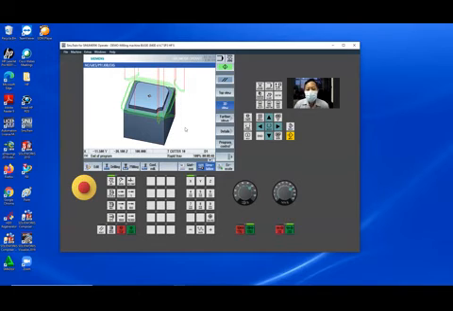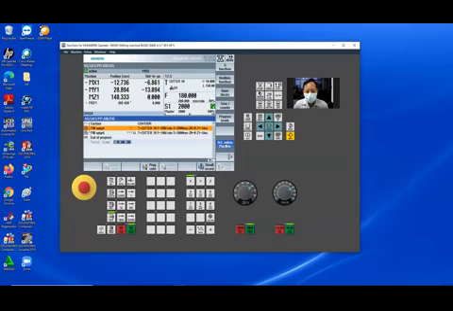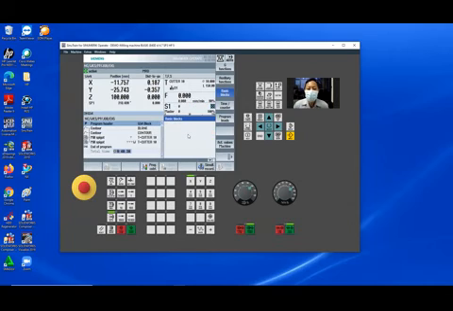Actually, until this stage, we did only finishing, not execute. In the real machine, you need to execute this, and cycle start. You see, right? The value is changed. And you see the basic block. This is the G code. We didn't make G code, but actually G code is automatically generated by the system.